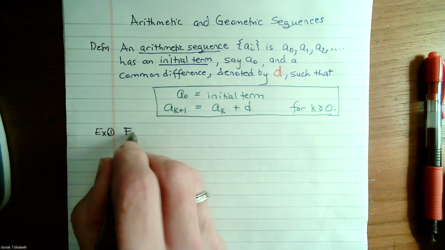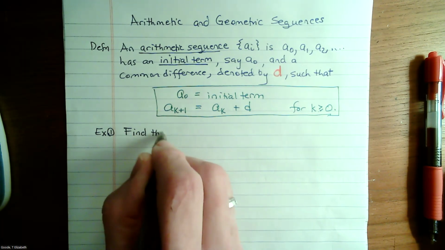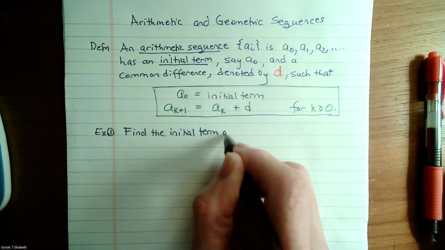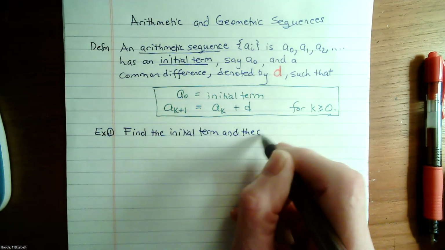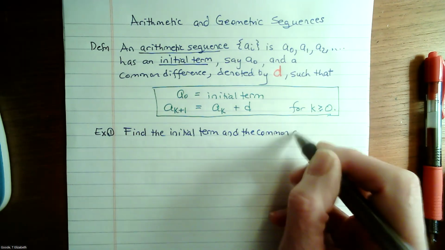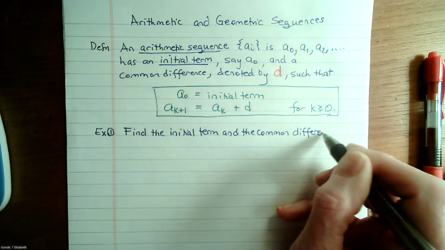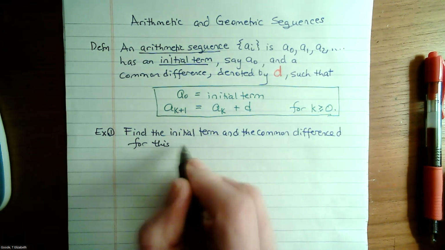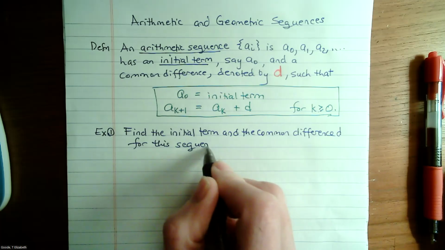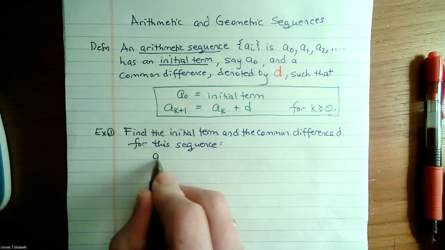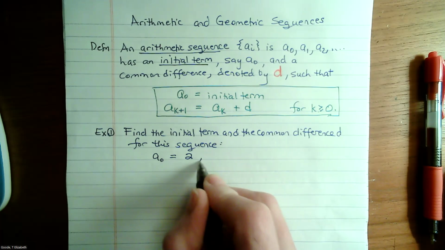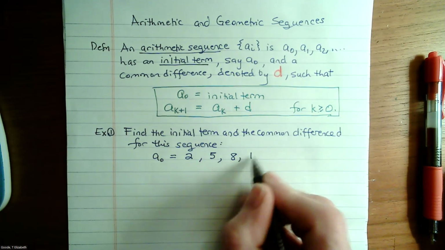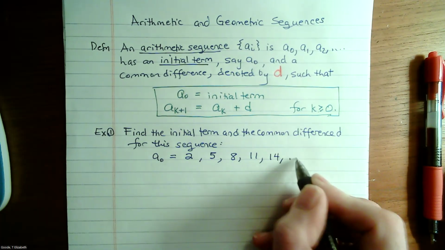So let's look at an example. We're going to find the initial term and the common difference, d, for this sequence. And it's going to be the very same sequence that we've already seen. So this is just going to seem a little silly, but why not use it? It works perfectly well. 2, 5, 8, 11, 14,